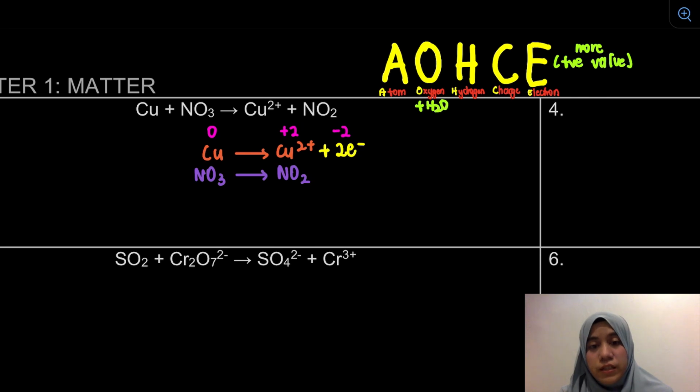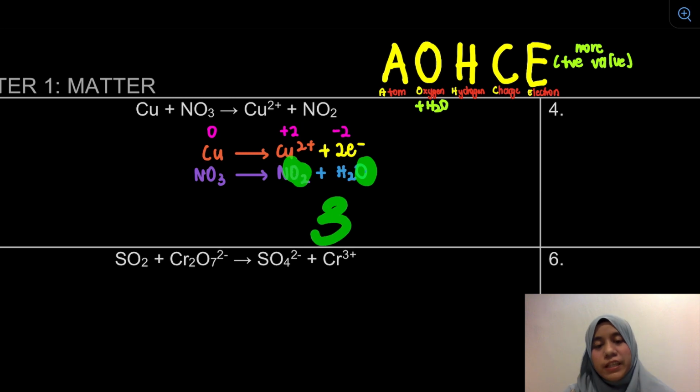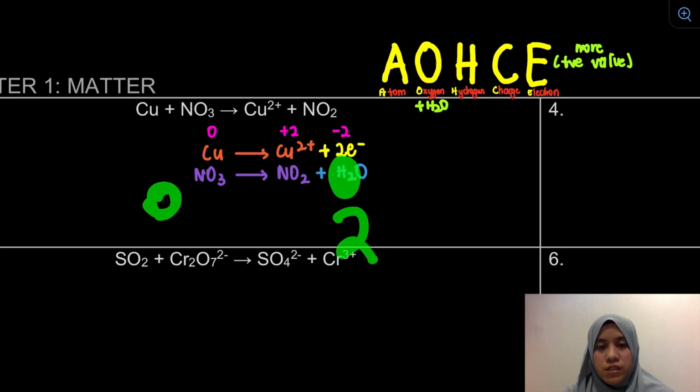So, oksigen kita akan balance dengan add H2O. Add H2O tu to the one with the less oxygen. So, kita pluskan dengan H2O. So, sekarang ni oksigen ada 3. So, balance. Next step is the hydrogen. So, hydrogen, here it's 2, here tak ada oxygen. So we're going to add